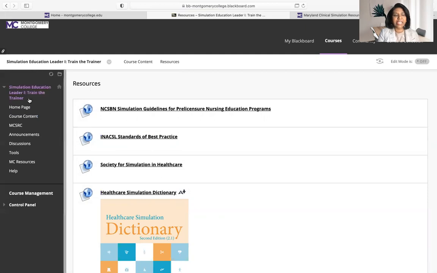I'd like to highlight our toolbar and show you that you can click on MCSRC right there and it will take you to our website. I'm not going to do it now because the share screen button will not allow me to open that without stopping. But if you are not in the habit of visiting the MCSRC website frequently, I encourage you to do that. We post all of our happenings there, our dates, our newsletter, our sim library, everything can be found at that website. So please take some time to review our website and make it a habit to visit it often.